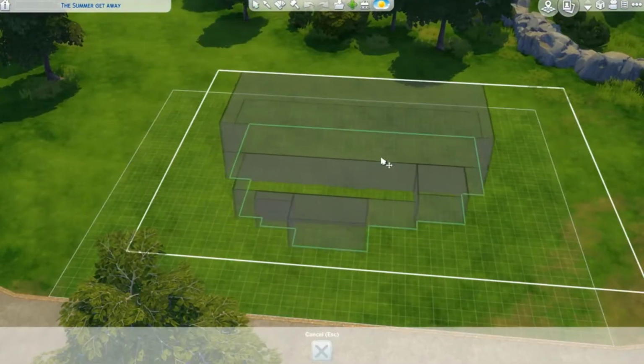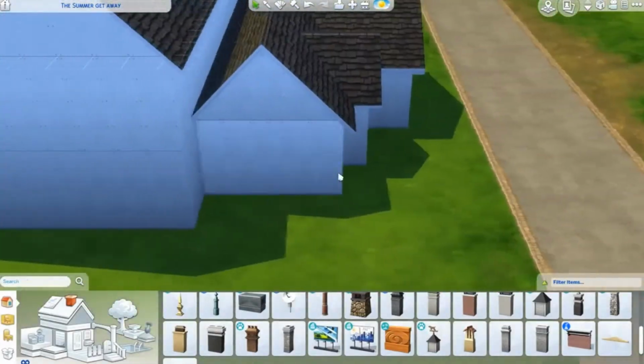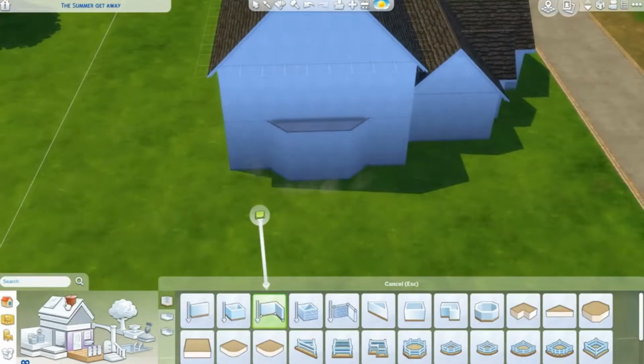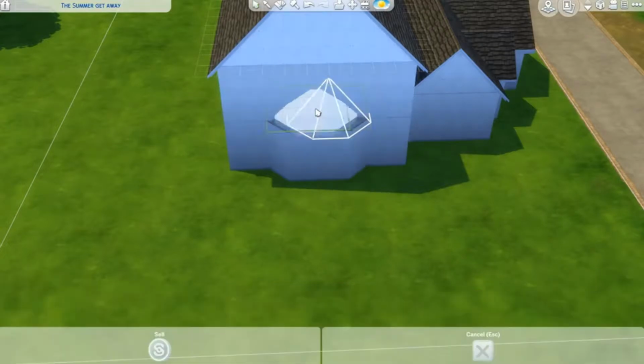We're getting the outside and stuff done first, because this time I did all the building and a bit of the landscaping first, and then decided to come back a day later and actually furnish it